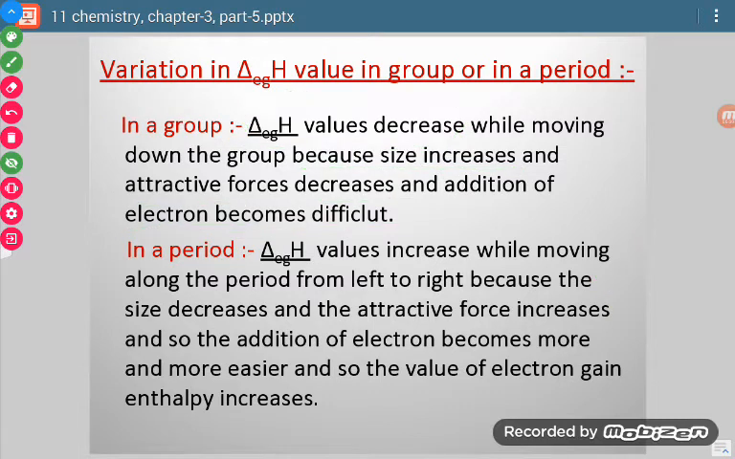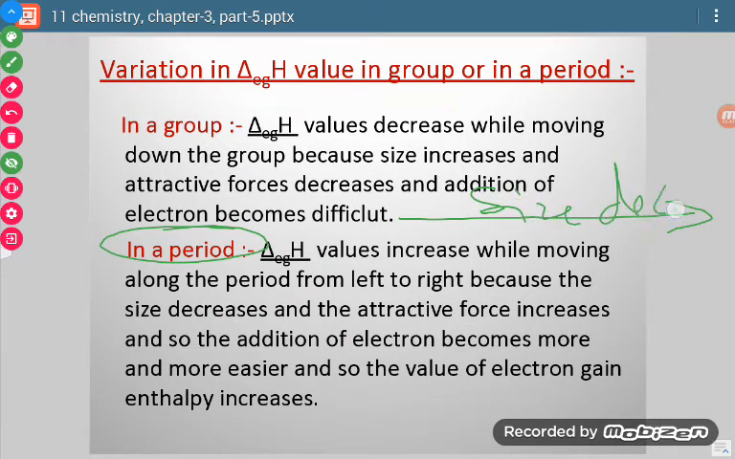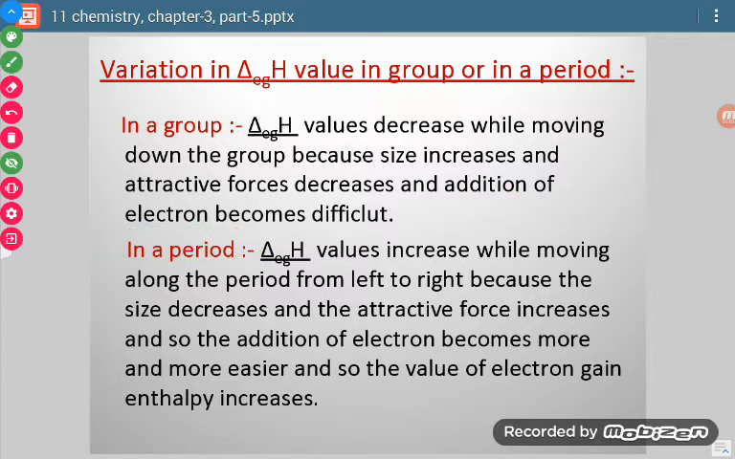Okay. Now when we talk about period, then we have to move from left to right, and from left to right what happens? Size decreases. Now if size decreases, then what happens? Then attractive force also decreases. No, attractive force increases, because with the decrease in size, attractive force has to increase because the nucleus is nearer to